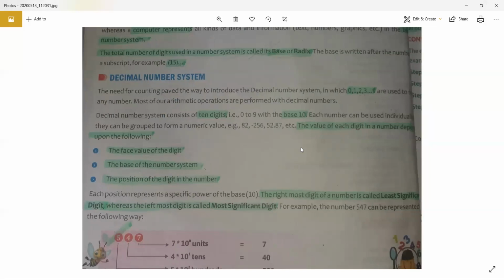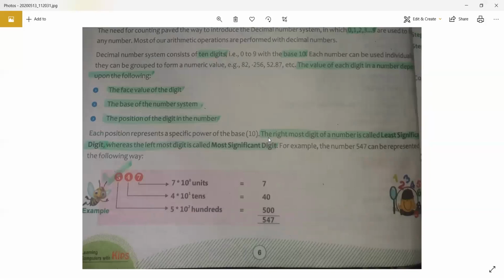So the value in this particular decimal number system, like if you have a number 547, please look into the example in your book beta, don't look at the screen, I am reading just from your book only. Okay, so 547, how will I come to know what is the value? It can be 745 also. Okay, so there are two concepts that I'm going to teach you here. Number one is the concept of MSB and LSB. MSB is most significant bit and LSB is least significant bit.